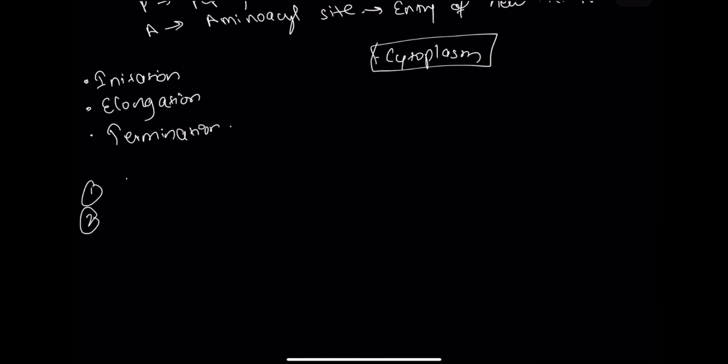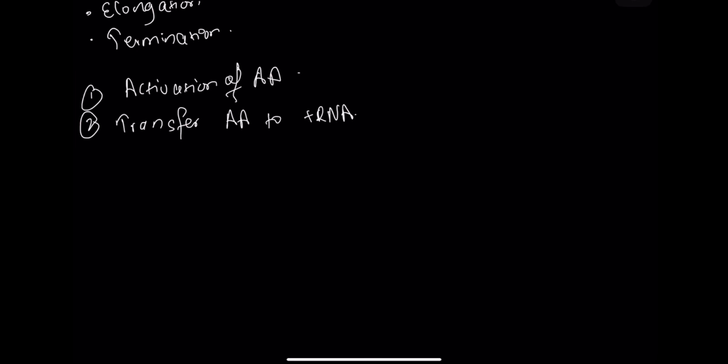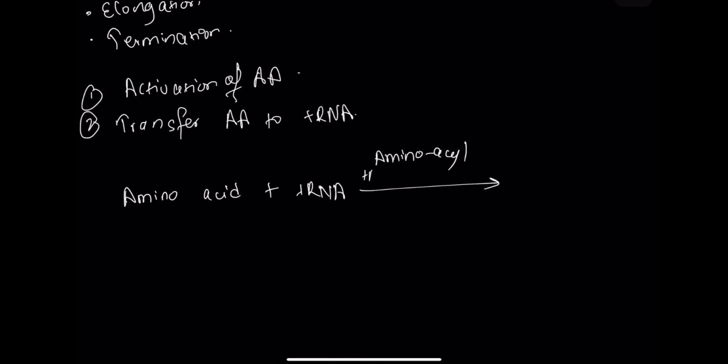One is activation of amino acid, and the second one is transfer of amino acid to tRNA. So we should know about one enzyme, that is aminoacyl tRNA synthetase. What it does is, the amino acid binds to tRNA with the help of this enzyme aminoacyl tRNA synthetase in the presence of ATP,